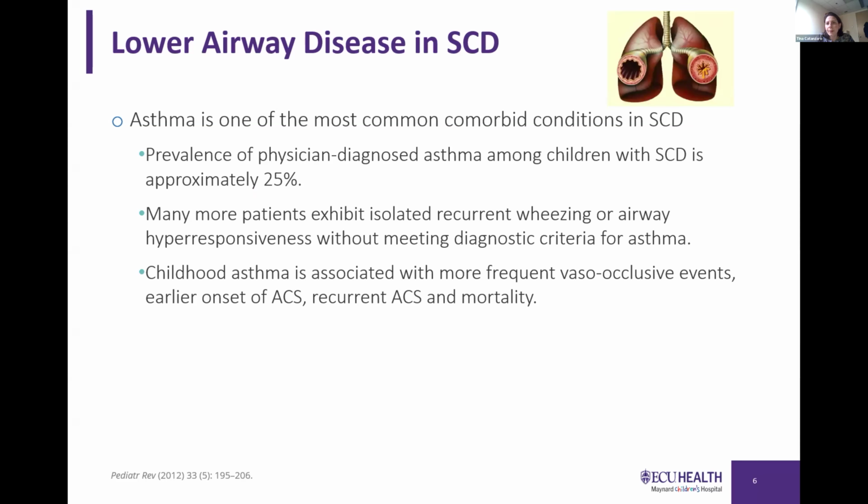In terms of lower airway disease and sickle cell, it's definitely complicated because there is so much overlap between their respiratory symptoms. Are they having pneumonias in early childhood, vaso-occlusive crisis and acute chest, or can they also have comorbid asthma overlapping? Sometimes it can be missed, or it might not be the priority that the family is bringing to everyone's attention. But we do know, at least from what we're able to estimate, that the prevalence of physician-diagnosed asthma among children with sickle cell is